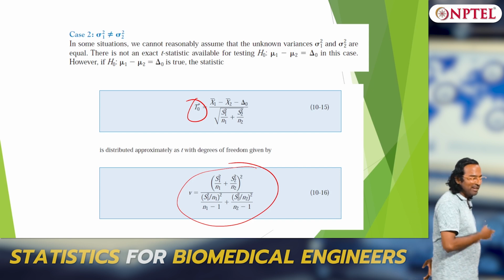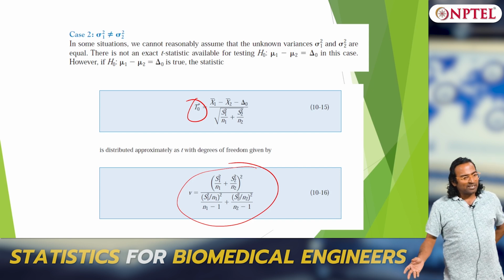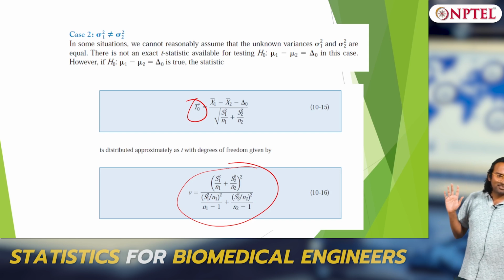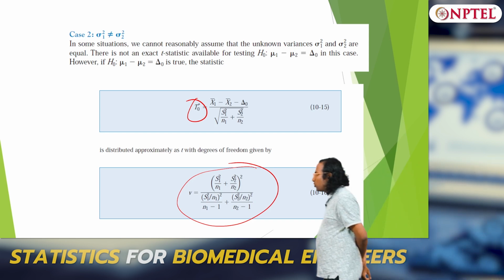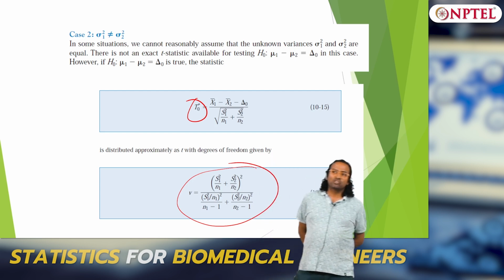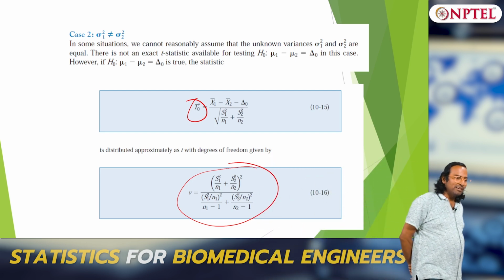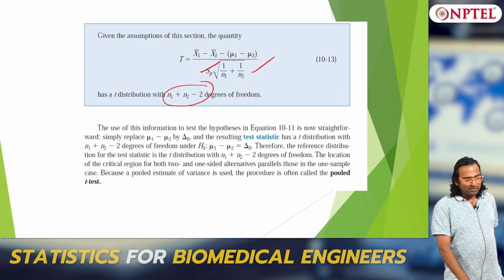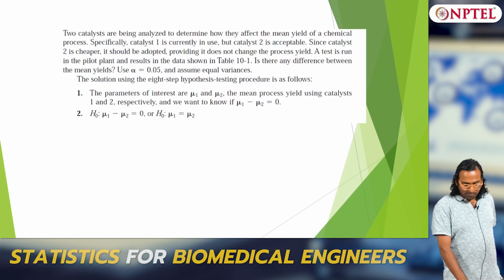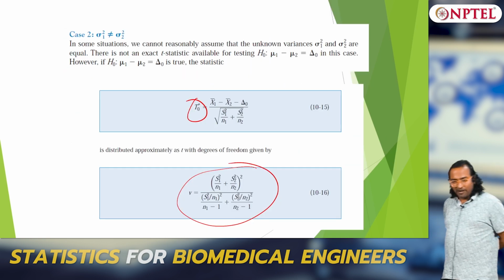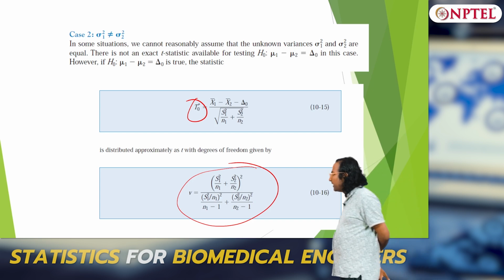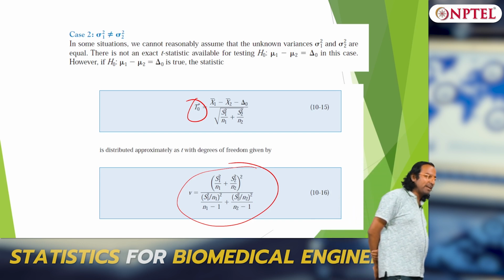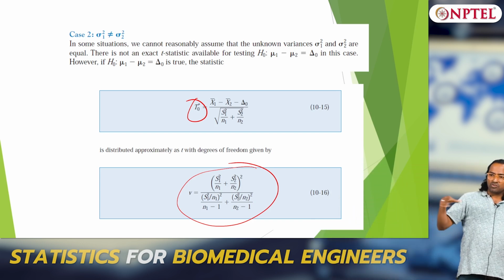Usually this will also become a normal distribution if you take more than 30 samples. So that is the difference between assuming the underlying population variance to be the same and the population variance to be different. If you assume the population variance is the same, the idea becomes simple, the degrees of freedom becomes simple. If you assume that the underlying populations have different variances, then the degrees of freedom become quite complicated, because the variability in the population distributions has to be accounted for.